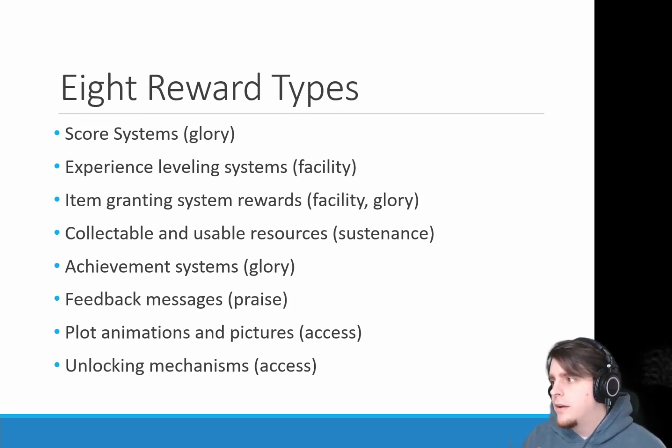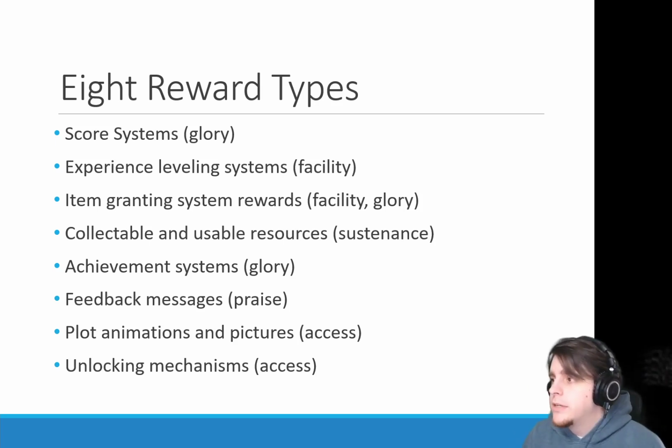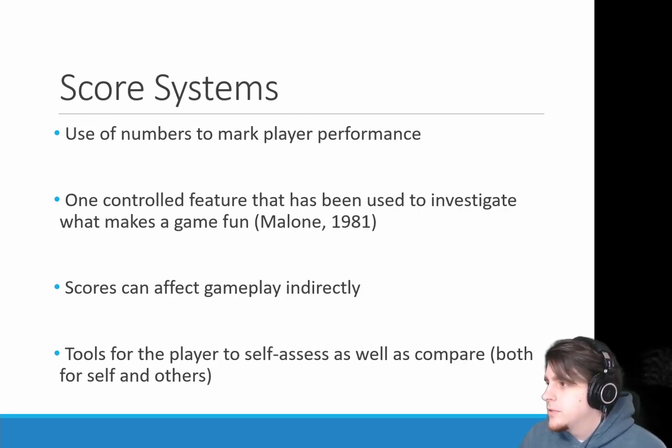So you can see how that old framework, while still useful, didn't really describe the breadth of rewards that are available to players. So let's take a brief look at each of these for this video. So scoring systems, pretty easy, right? This is just numbers that mark player performance,